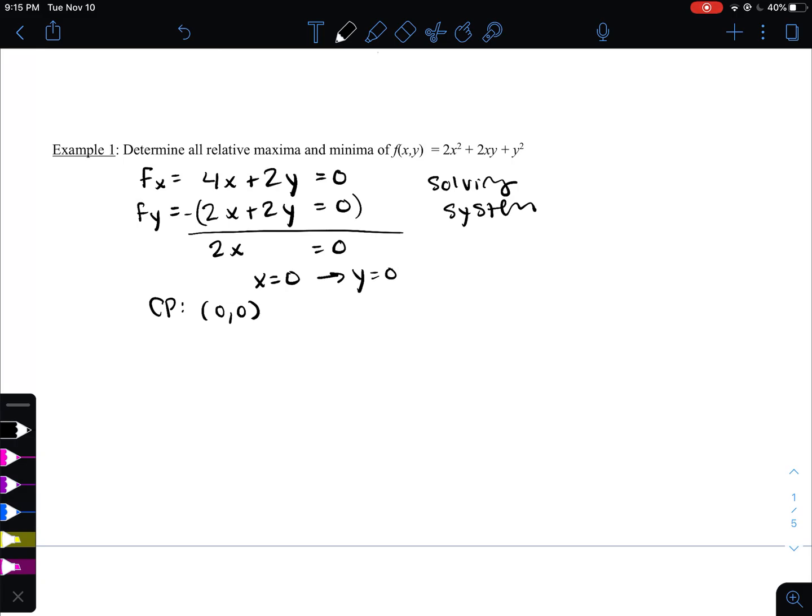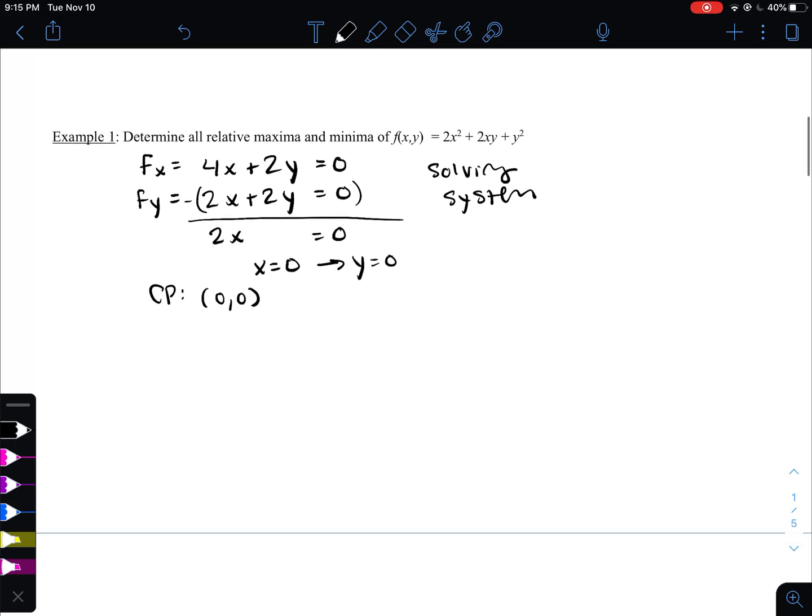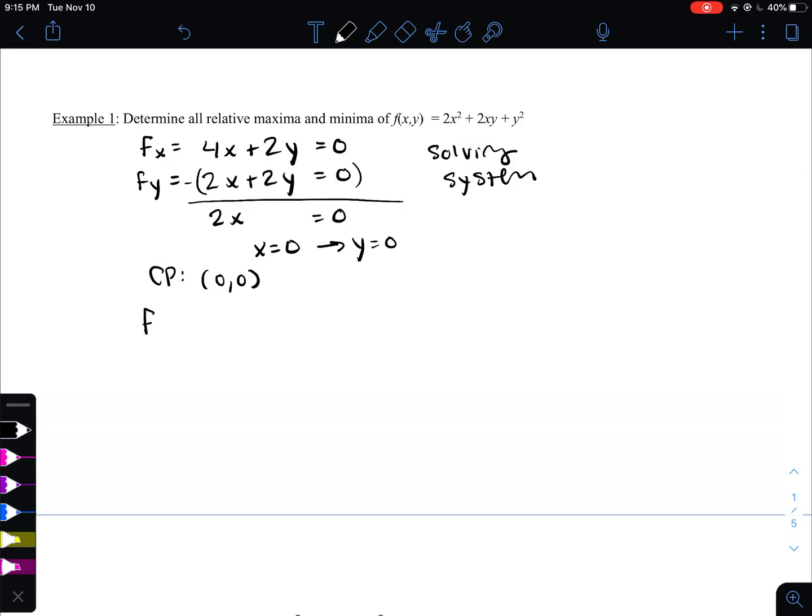Now, is it a maximum or a minimum? One way to look at this is like that annoying thing that textbooks do, maybe you'll realize this later, which is "by inspection." And you're like, what the heck does that mean? It literally means, why don't you just look at it and figure it out? That's dumb. But what I can tell you is, without taking more derivatives, I know that (0, 0) is going to be a local minimum, because if I do a quick observation here,